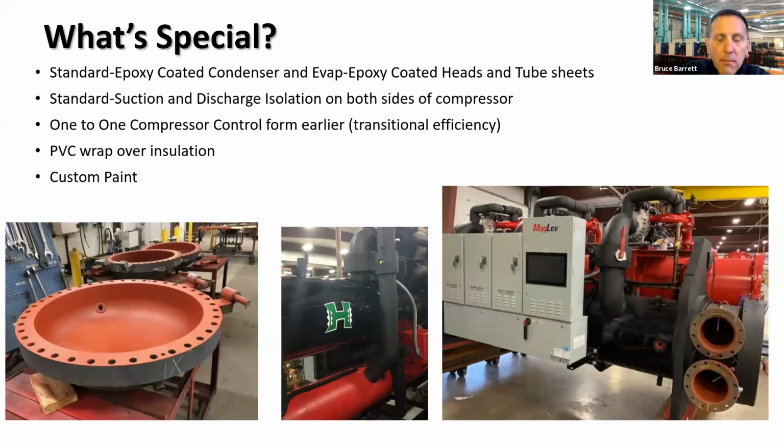The section in the middle there, PVC wrap is an option. We did this for the University of Hawaii. We cut their University of Hawaii emblem in it. It looks really good. More so, it keeps your shells and insulation really well protected on that cold evaporator side. Full ensemble of marine water boxes there on the right. You'll notice we've got a full unit disconnect and individual compressor disconnects, refrigerant isolation. We can do custom paint. We can paint it any color you want, match the equipment room, match the university, match the school.